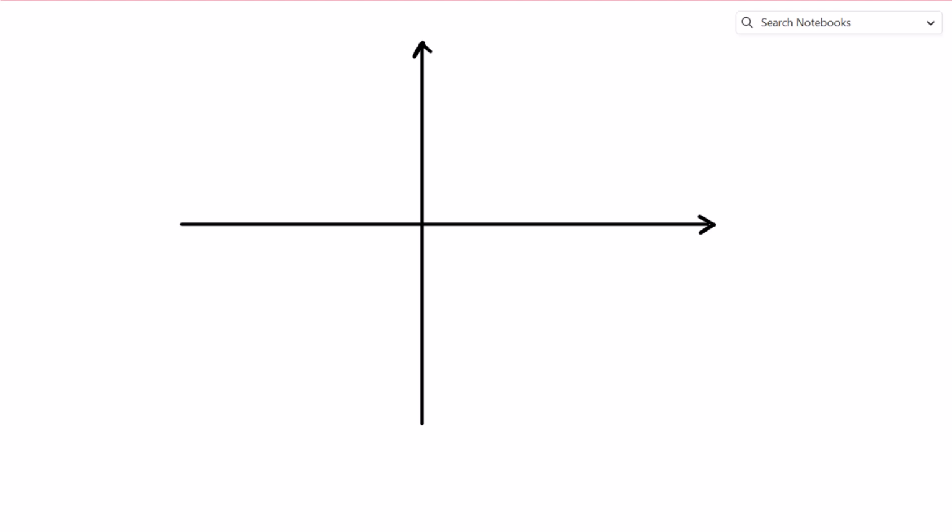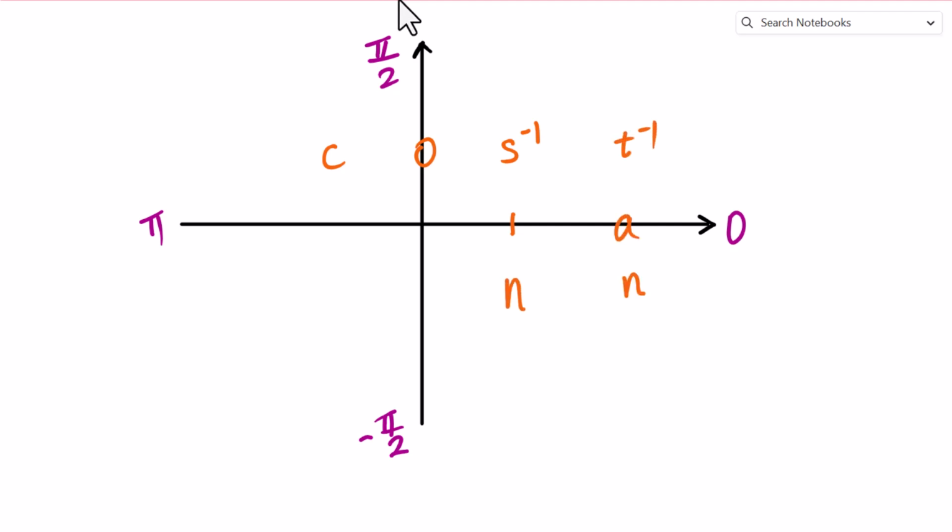First of all, let's draw inverse function diagram. Label the range of inverse function 0, pi over 2, pi, negative pi over 2. Inverse cosine, inverse sine, inverse tangent. Let's label the domain -1, 0, 1,